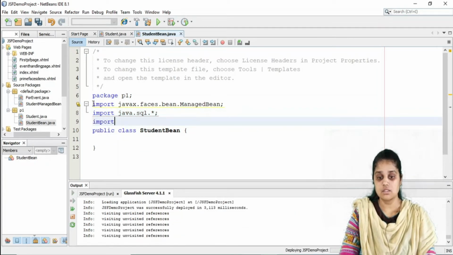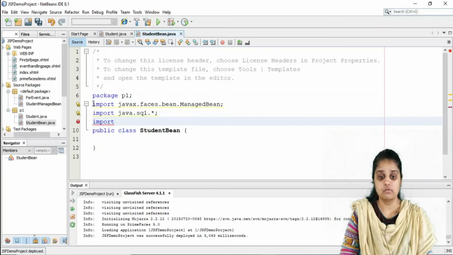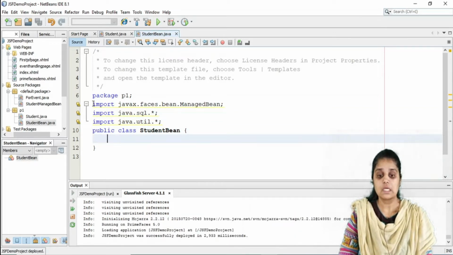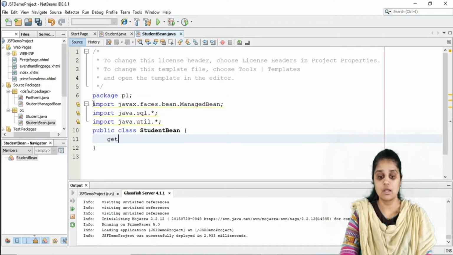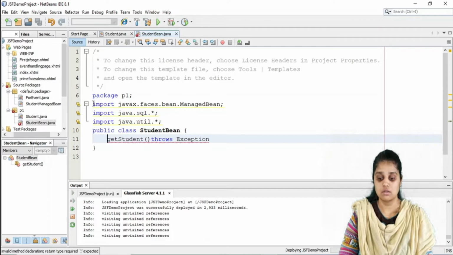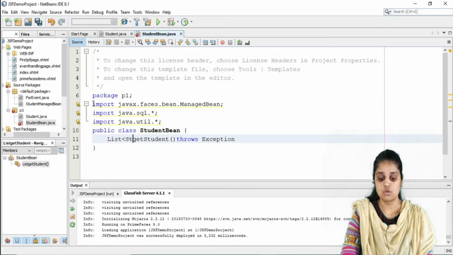And third thing is I am going to use the collection framework, so java.util.*. Okay, these are the basic things. Now this particular class has a method called getStudents. Okay, it throws an exception and it is going to return something. What? It is going to return a list of student.